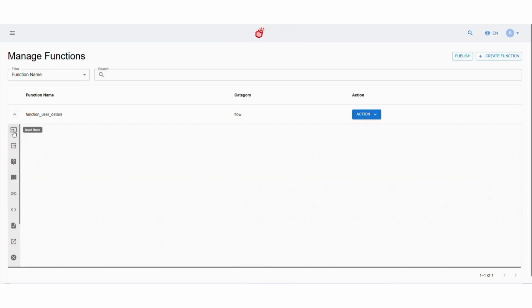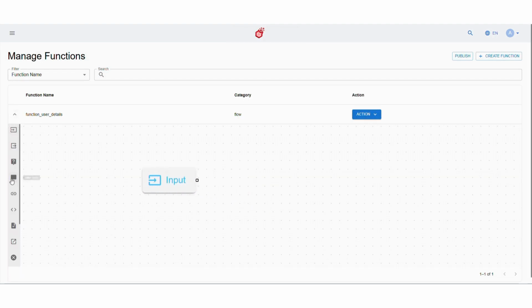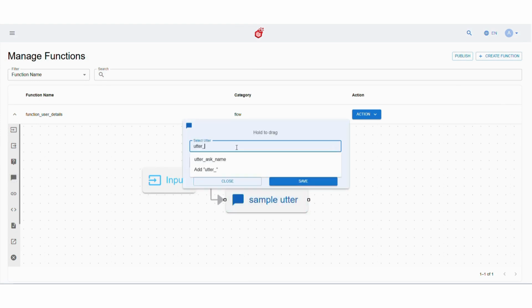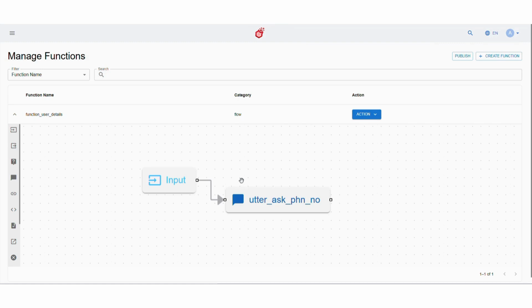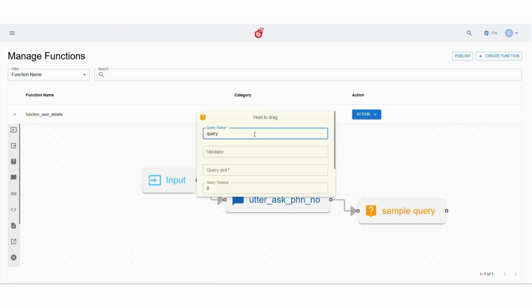To edit the function, we start by adding an input node to collect the phone number and OTP. As in the customer journey, we include an utter node named utter_ask_phone_number to display the next message prompting the customer for their phone number. Next, we add a query node named query_ask_phone_number to store the entered phone number and add slot as